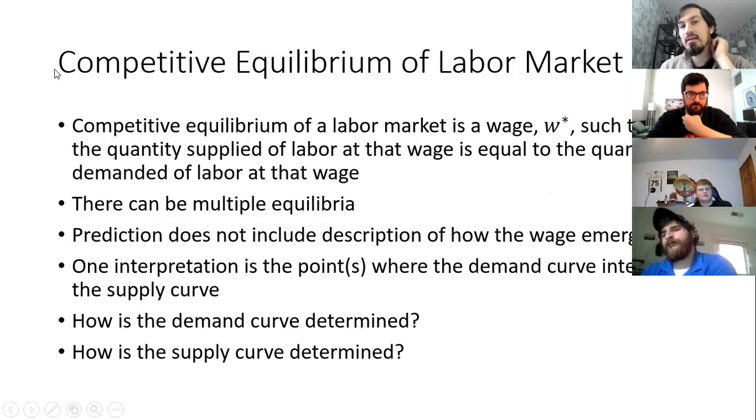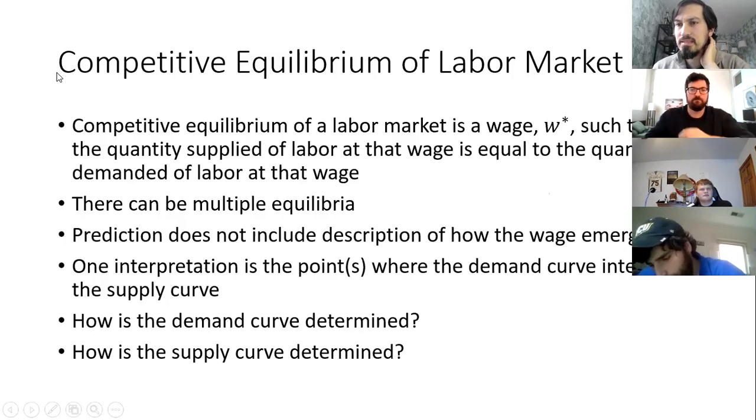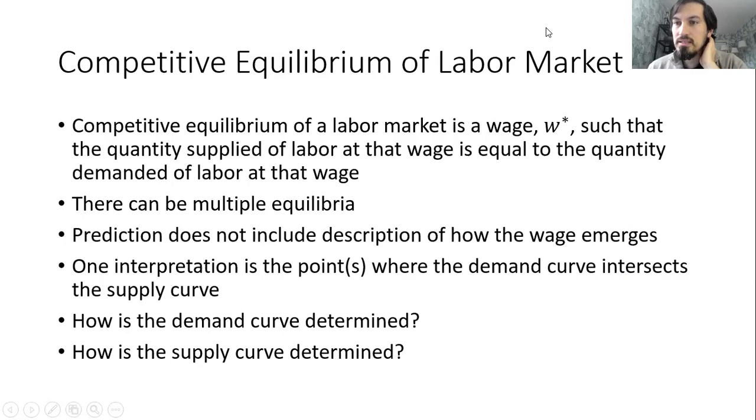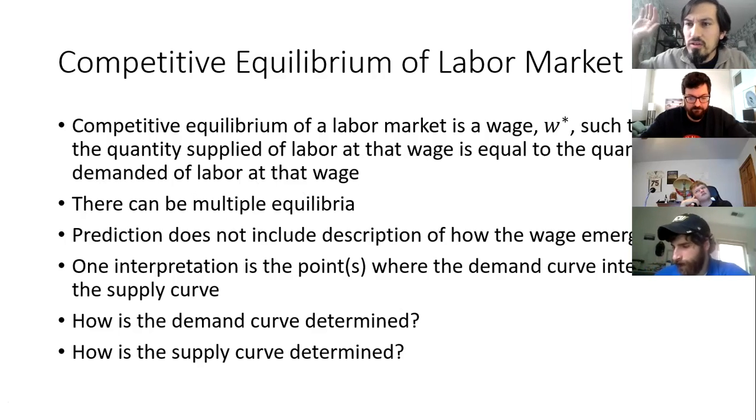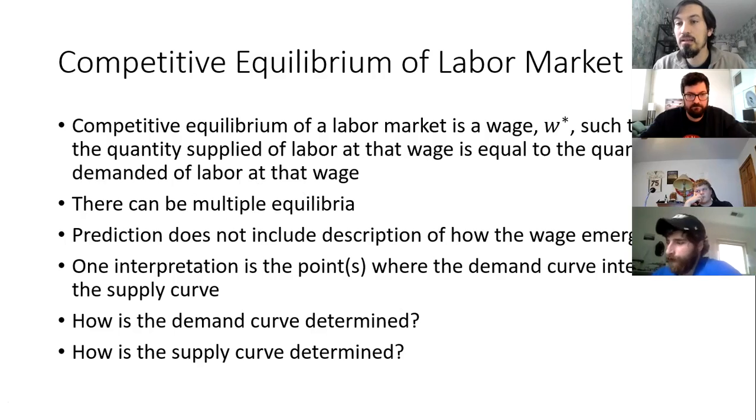Okay, so I wanted to say something about what's called a competitive equilibrium. It sounds fancy, but it's a situation where the quantity supplied of labor at a particular wage is equal to the quantity demanded of labor at that wage for a particular market. That's called a competitive equilibrium. It's also called that in a market for goods and services. The same words, competitive equilibrium. So if you remember what it meant for goods and services, it means the same thing in a labor market. There can be multiple equilibria. Anytime that these two quantities are equal, it's called a competitive equilibrium.